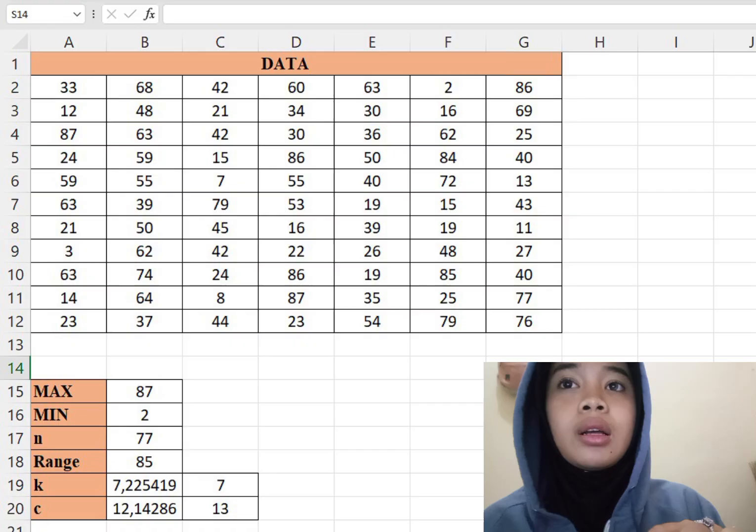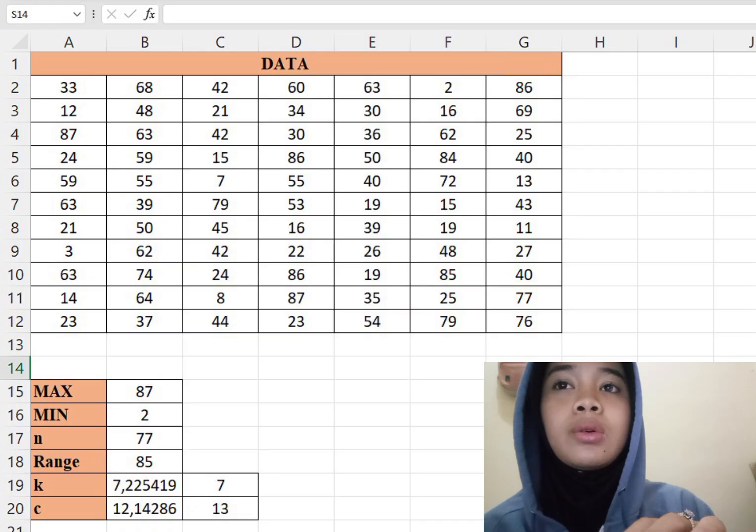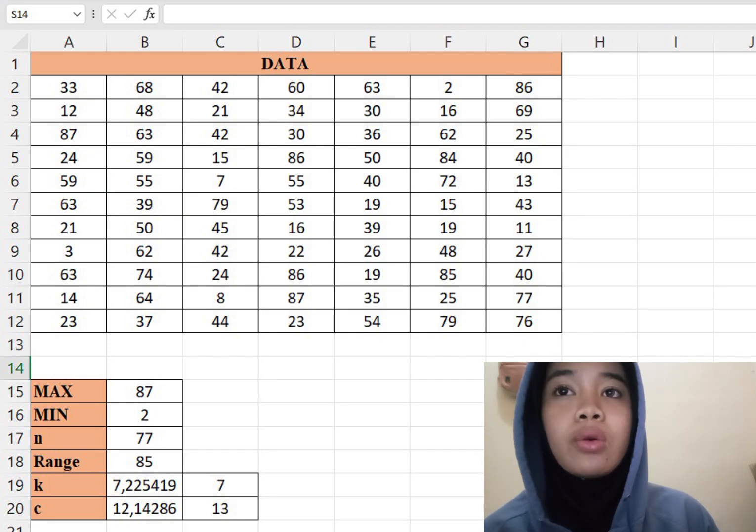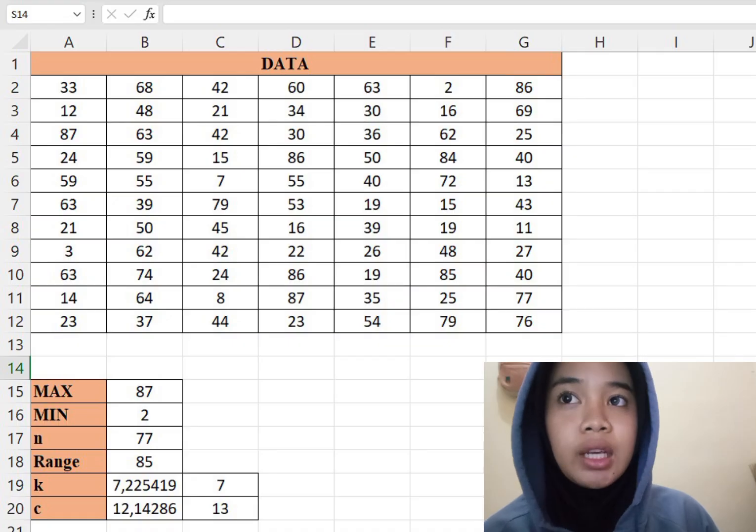Okay, we just make some data in Excel. So first we create a table for the data values, and I use rows A through G,